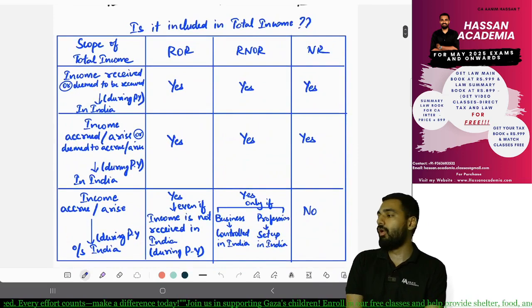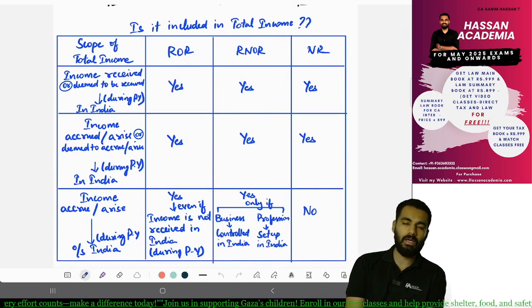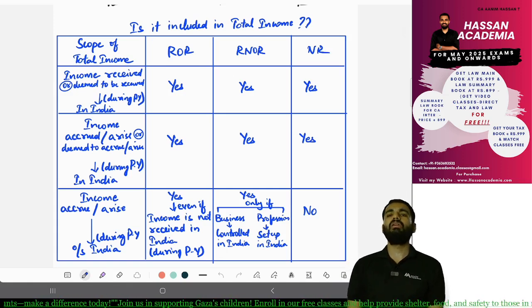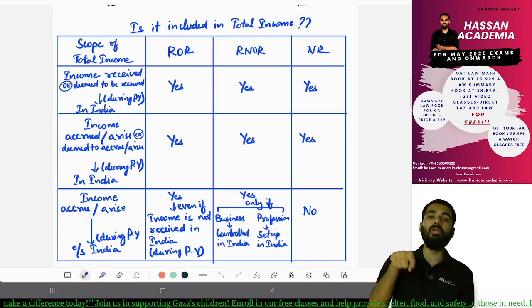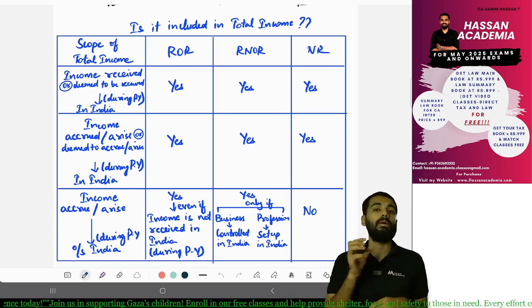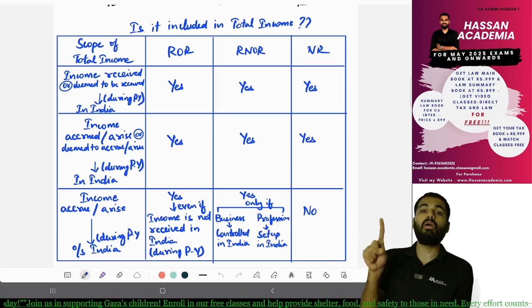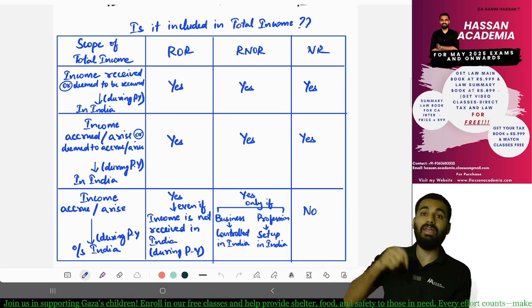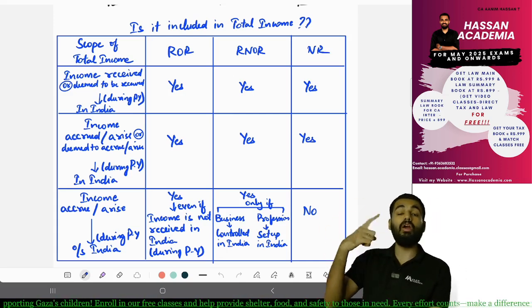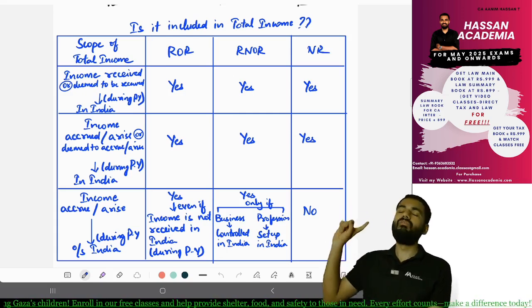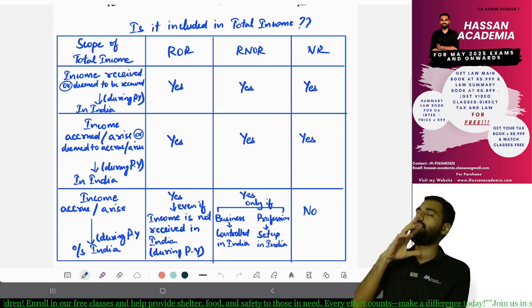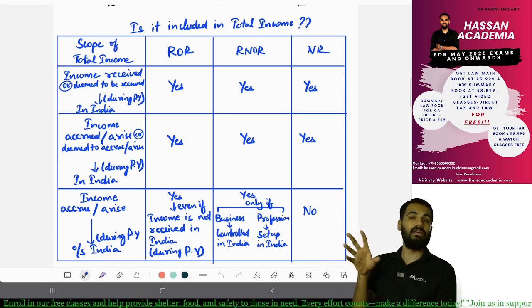Now we know when a person becomes ROR, when a person becomes RNOR, and when a person becomes NR. Now we will see whether the income will get included in the total income, whether he will include this income in his total income or not. First, income accruing or arising in India during the previous year: ROR, RNOR or NR. Yes. Income received or deemed to be received in India. What is deemed to be received? We will see in section 7. So if income is received or deemed to be received during the previous year in India, for ROR, RNOR, NR, yes, it is included